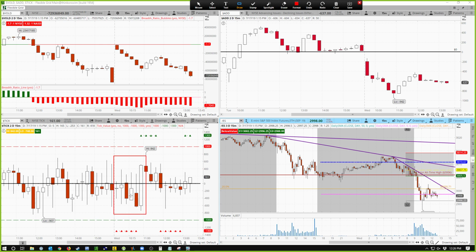What the NYSE tick is telling me is every time a stock in the NYSE has an uptick, it'll move up, and every time it has a downtick, it'll move down. This is the closest thing to real time you can get as far as stocks moving up or down in the stock market. And if you have the majority of the bodies of these candles below the zero line, then that's really giving me a lot of confidence in a move lower, a continuation move lower. So I watched this very, very closely, and this is part of the market internals that was giving me that